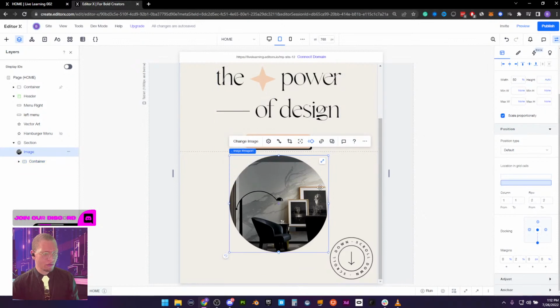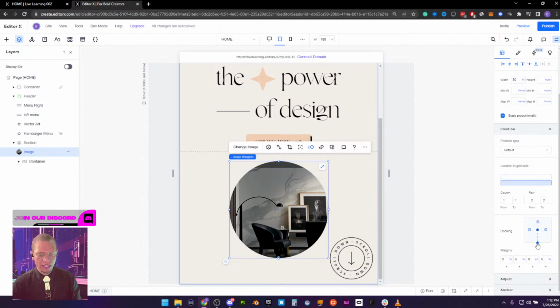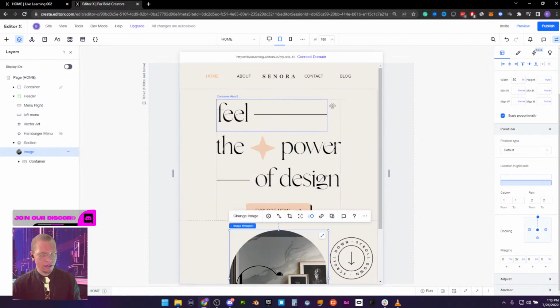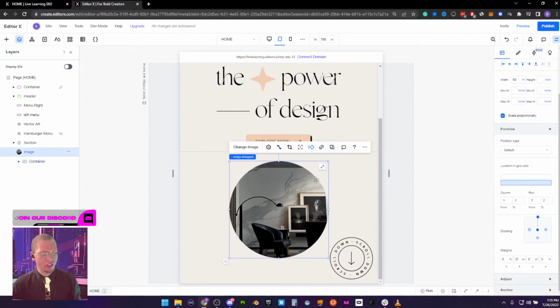From here, all I really need to do is add a little bit more space between the top of this image and the top of this section grid cell. Right now we have a 2% margin padding, very small, so I'm going to do 5% here, press enter. And again, one thing I do want to change here is that we have the docking to the bottom. I don't necessarily want that. I want the docking just like we did with our container up here. I want to do it to our photo here. So we're going to dock it to the top, and we want a 5% margin from the top of this image to the top of this grid cell.